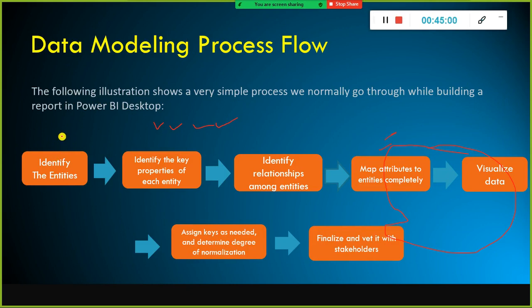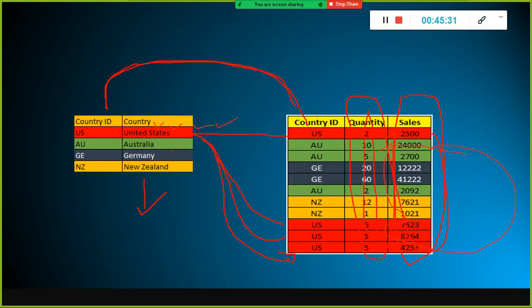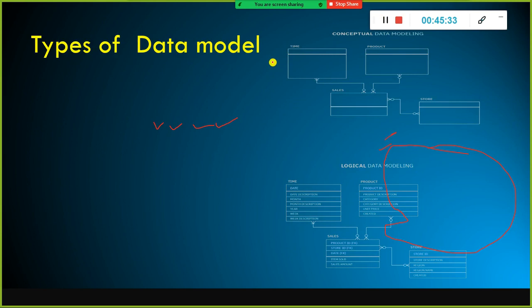As I mentioned, as part of the conceptual data model, we identify the entities at a high level. So what entities are required in order to answer this business question? For example, the user wants store wise, product wise sales performance for a specific quarter, specific year, or if you want to perform year on year. So to answer the business question, you need to have 4 entities. The one is time, and the others are product, store and sales.